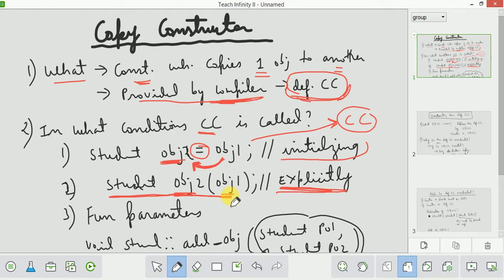So this is called an explicit call. In this statement the copy constructor will be called and object 1 will be copied to object 2. So this is the second way of calling the copy constructor. Whether you have any copy constructor or not, object 1 will be copied to object 2, and that will be provided by the compiler.